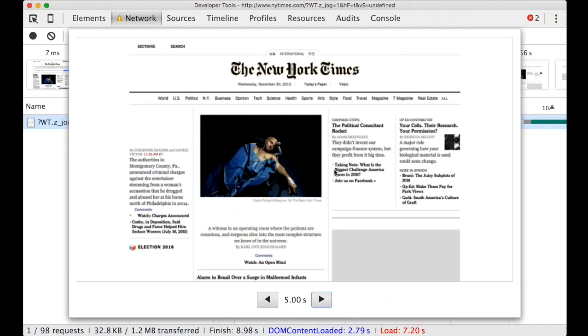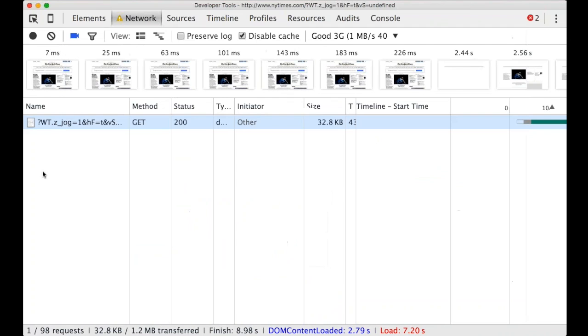I think that's fine for New York Times because most people probably want to hit the home page. But if you had a different site like Facebook where you'd want to check your messages right away, it would probably be important to send the messages down first, that notifications tab. So that's the screenshots. I think they're really cool. They really help me